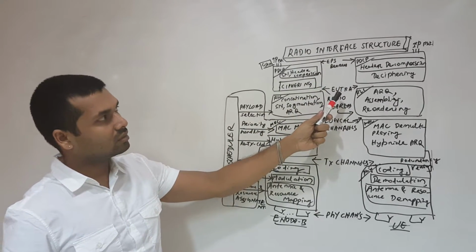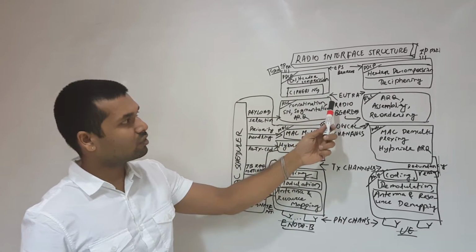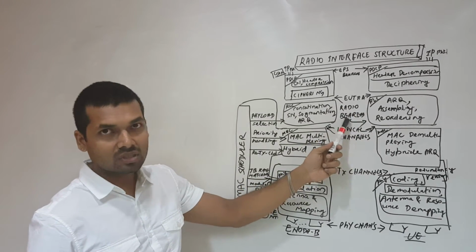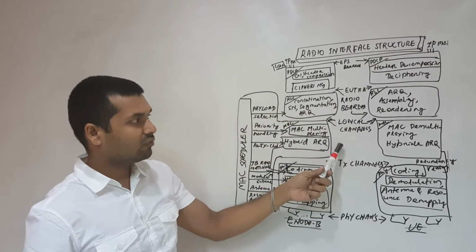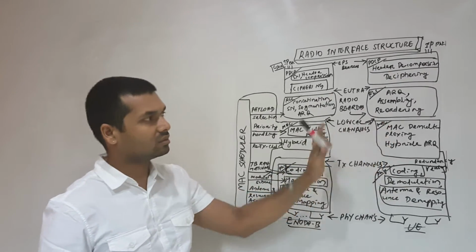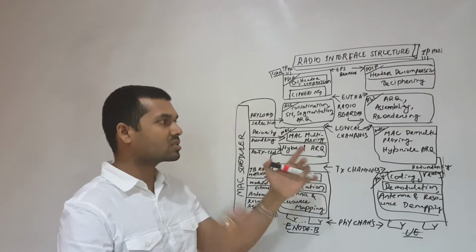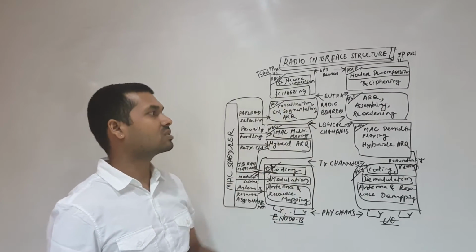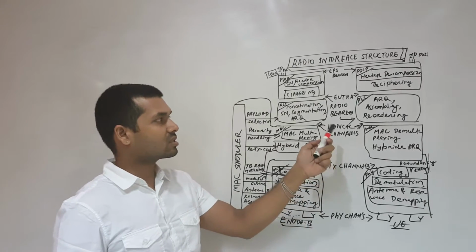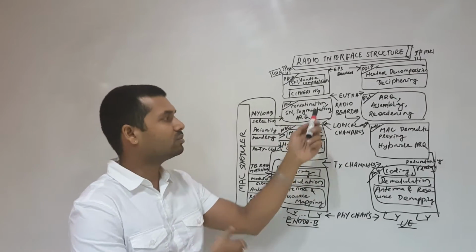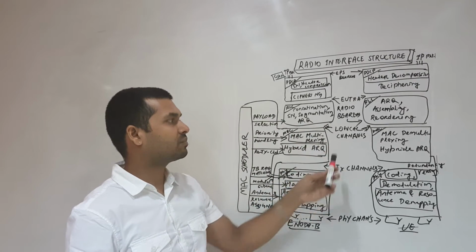Then after PDCP and above the RLC, radio link control, we have the radio bearers. Above the MAC layer and below the RLC, this area. This is I am explaining for you to understand how these things work, like the channels and the bearers. So the logical channels come into account between RLC and MAC. From RLC to MAC we map the logical channels.